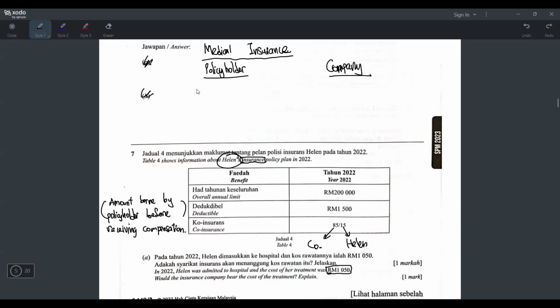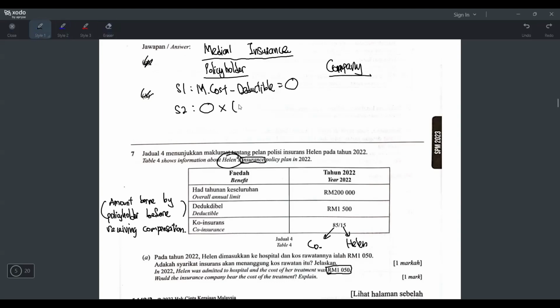Okay, for step number 1 is you have to take the medical cost ataupun medical treatment cost ataupun the rugi lah. Ataupun medical bill. Okay, medical cost ataupun medical bill minus with deductible. That is step 1. Step 2, you take your answer from step 1 because after you minus deductible, you get a new answer, right? So you take the new answer. Okay, so you get something here, and then you take the answer. Okay, times with the